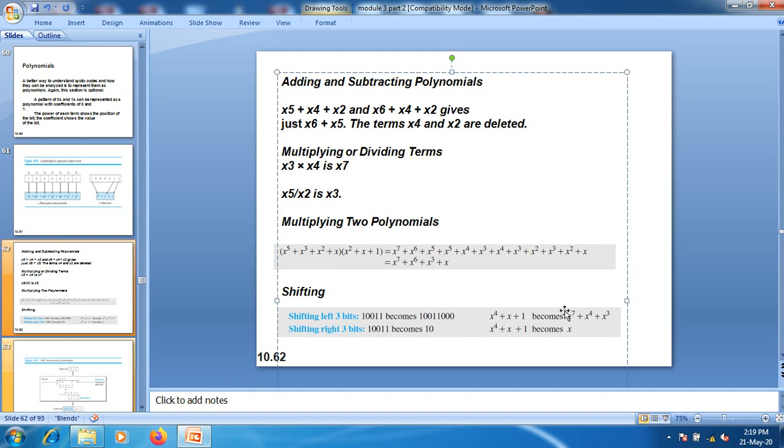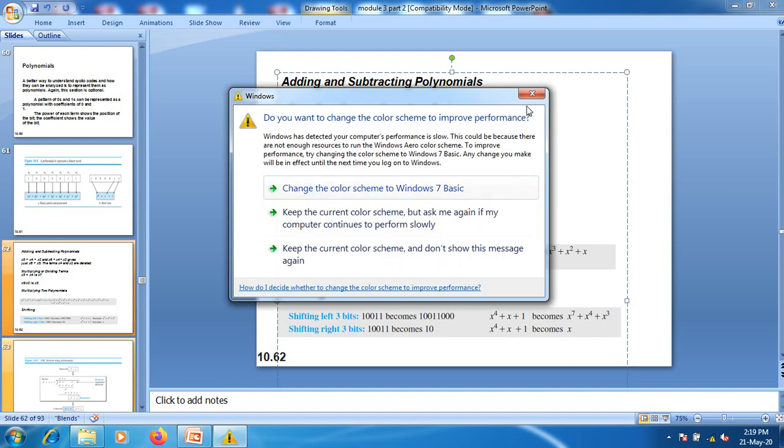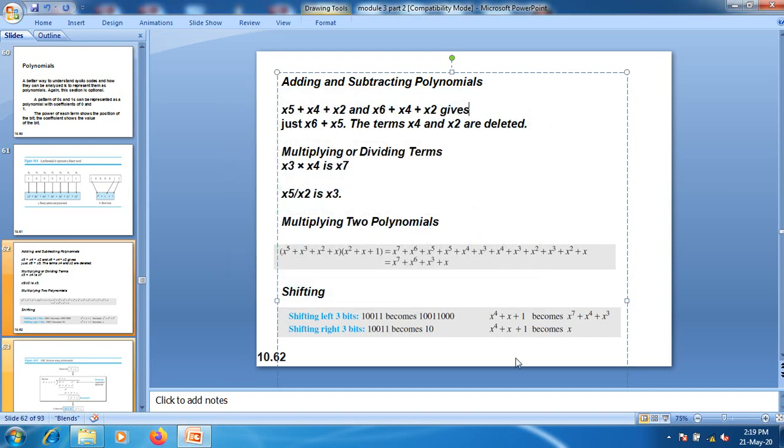When you shift it to the right side by 3 bits, I need to divide this term by x cube. In that case we will receive x here. That is, when it comes to the second term, x divided by x cube and 1 divided by x cube, we get negative powers. We need to discard them. Here we are getting x as a solution.